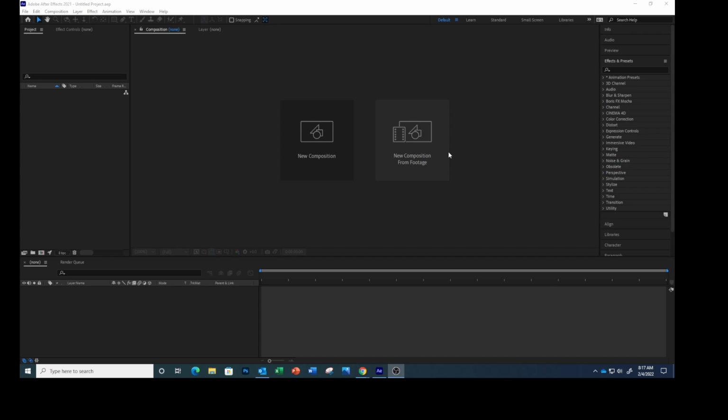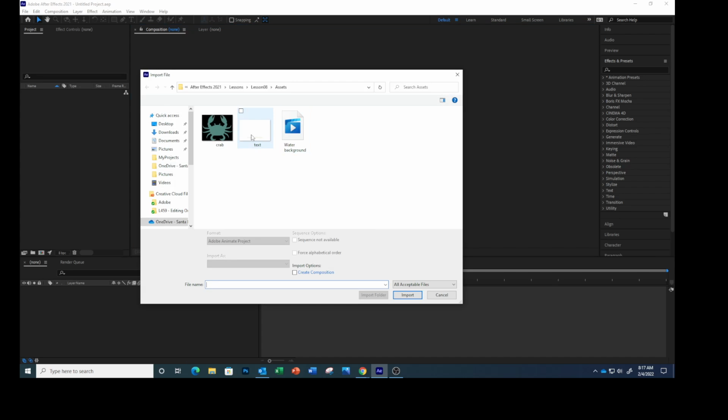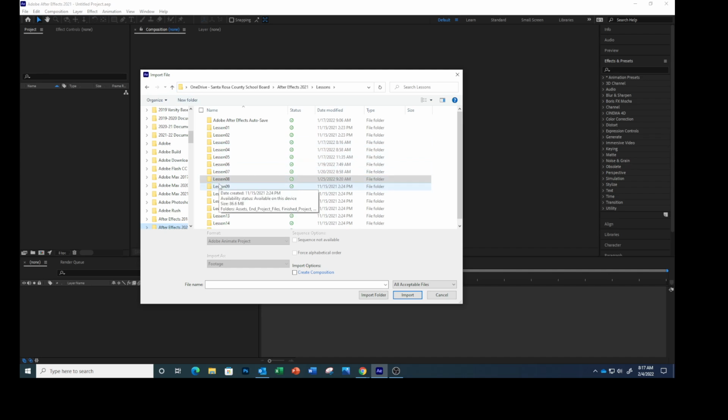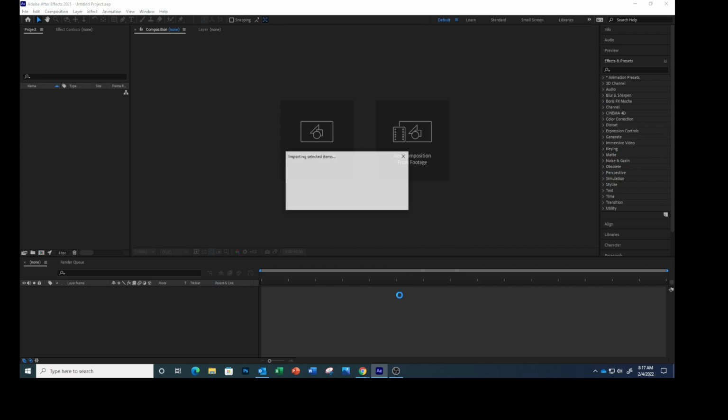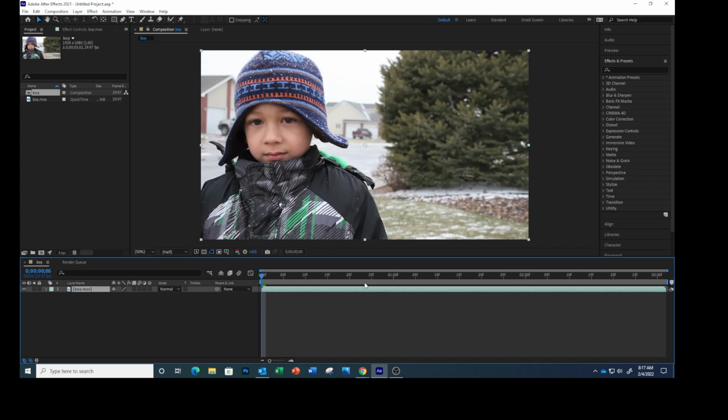So we're going to import the footage file that we needed. I'm assuming that you have a new blank project, and we're going to click New Composition from Footage, and then go to wherever you have saved your Lesson 9 files. Mine's in Lesson 9 Assets. And we're going to click the boy and then click Import. After Effects creates a composition named Boy based on the settings of the file. The composition is 3 seconds long with a frame size of 1920 by 1080. The movie file was shot at a frame rate of